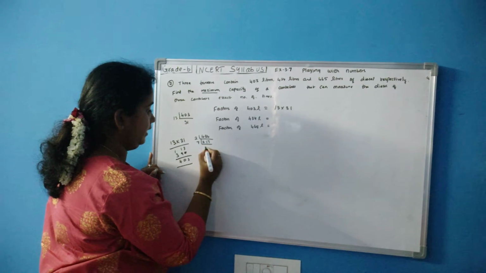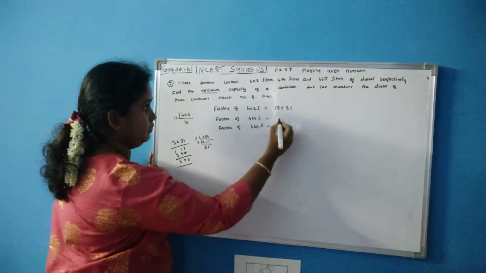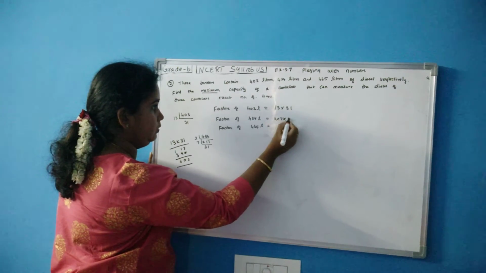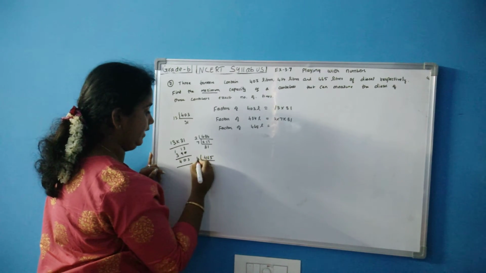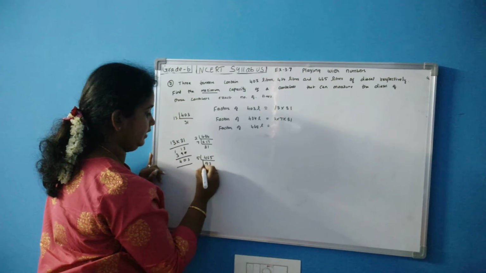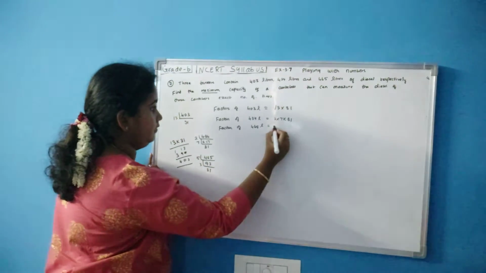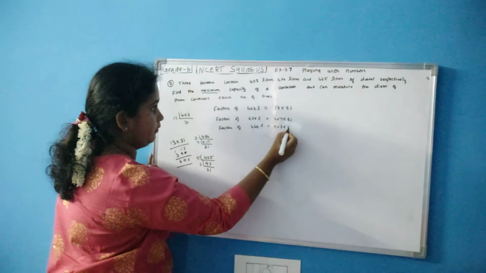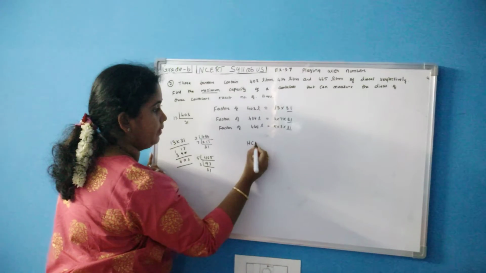7 table it will go, right? 3 7s are 21, 1 7s are 7. So 2 into 7 into 31. For 465, it will go in 5 table. 9 5s are 45, balance 15, 3 5s are 15, 3 table, 3 3s are 9, 1 3s are 3. So here 5 into 3 into 31.